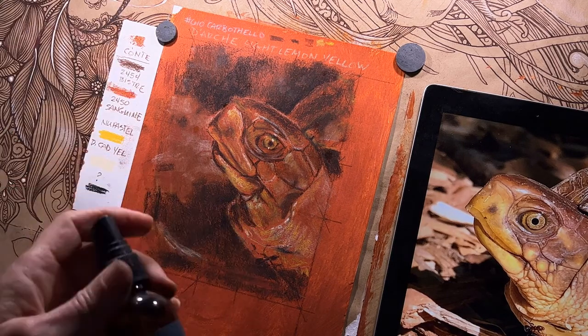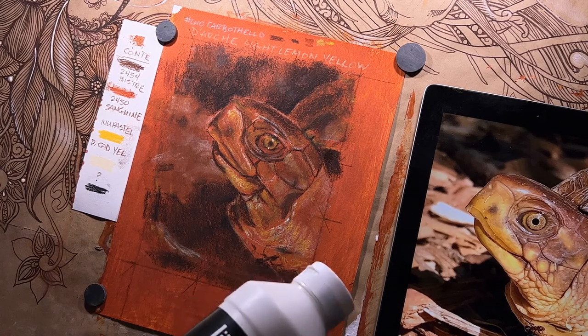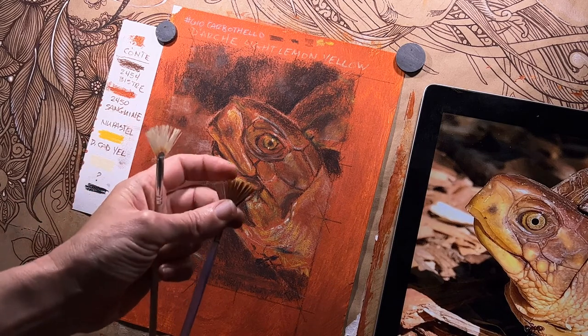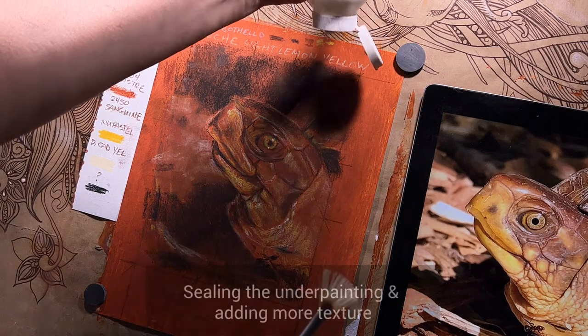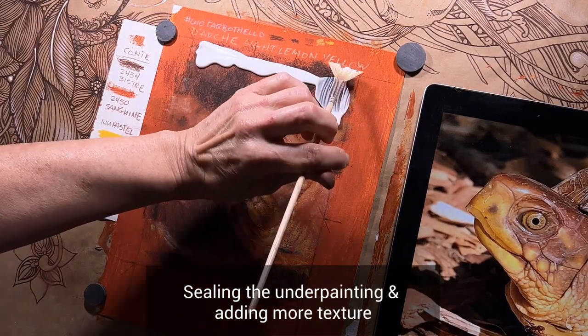That does not require shaking, but it's such a habit. And the next step is to cover it with clear gesso. I'm gonna be using these two brushes. I have a very stiff bristled fan brush and a softer bristled fan brush. And I'm going to use both of those to cover this. And I'm just going to squirt this on here. And I'm going to carefully